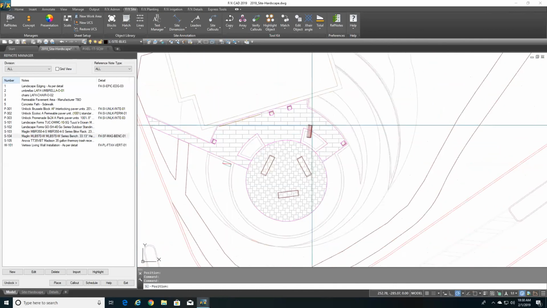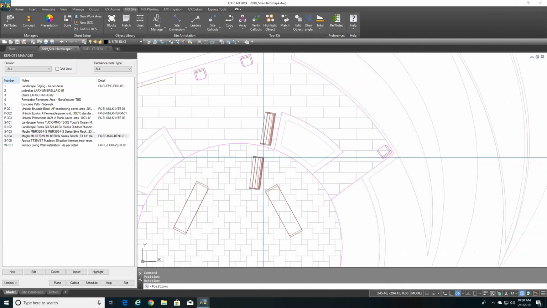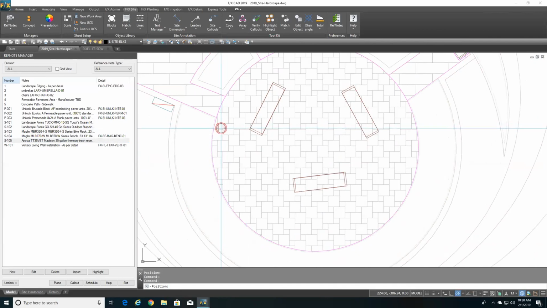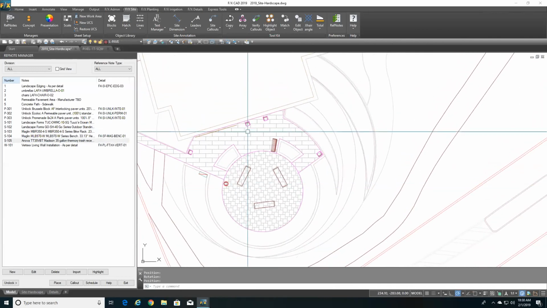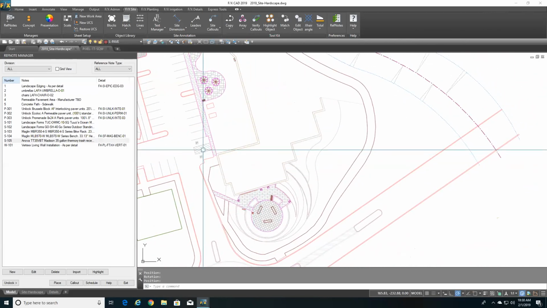One more bench, let's say, goes right here. And the trash can, which I want to place right here. So I've kind of got a well-rounded number of products in there. And now what I'm going to be able to do, and what I want to show actually, is if you've